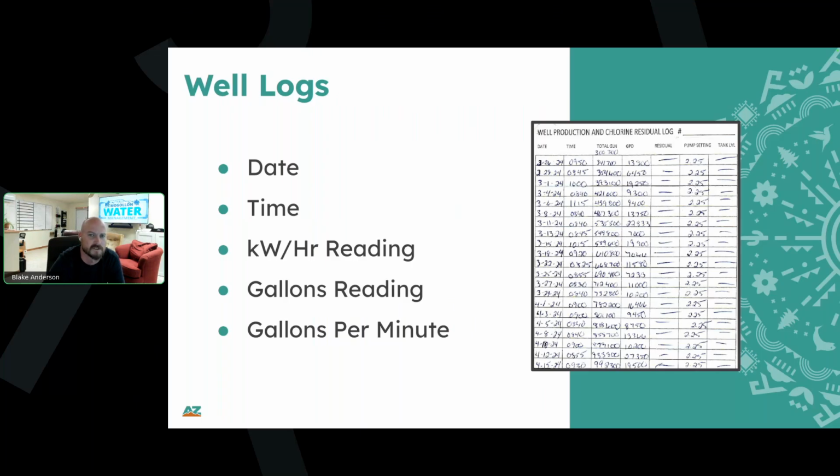For our purposes, it's not exactly necessary, but it's also really helpful to log the GPM at the same time, which I'm very confident most of you are already doing, because there is a direct impact that less production capacity has on efficiency. Like I said, if your impeller's wearing out, your motor's spinning faster, that means you have more amp draw. And so it's a really good KPI to help track your pump health.